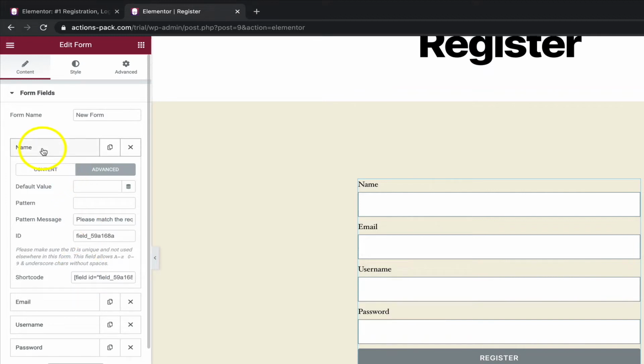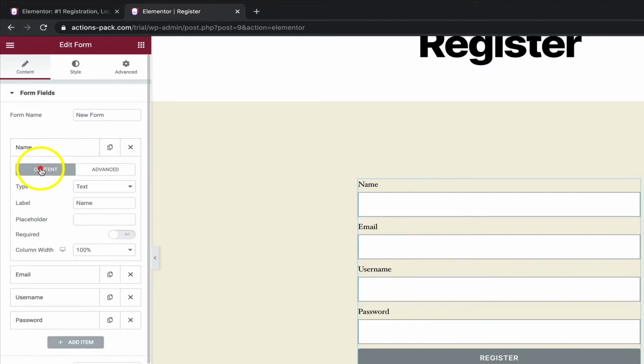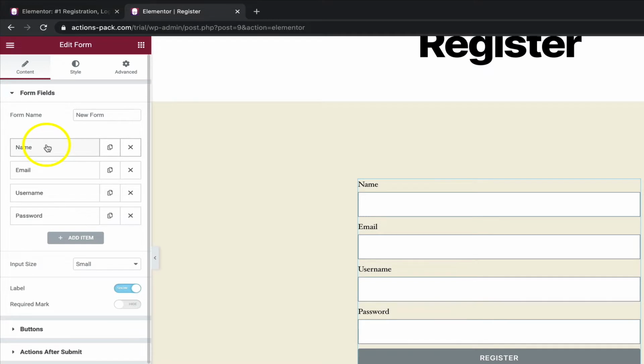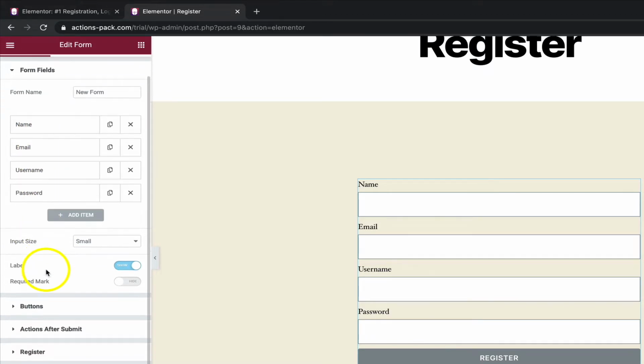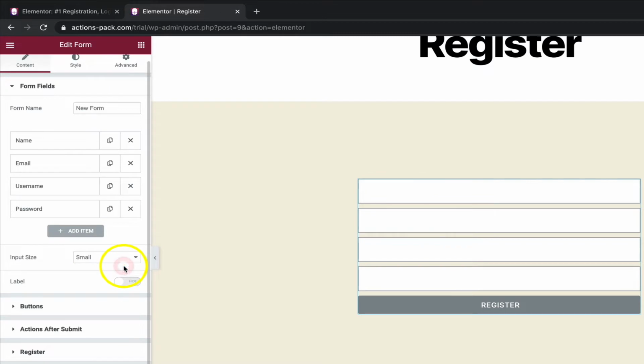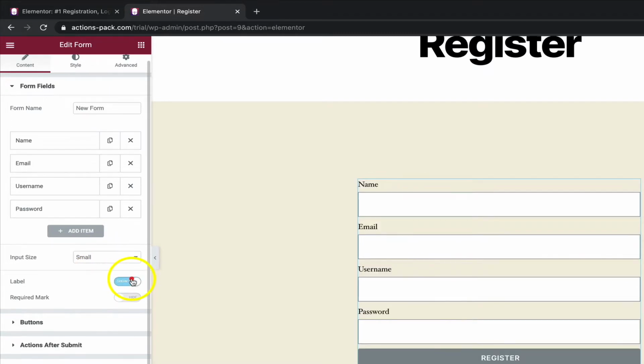So each form field has its own unique characteristics and identity, which is great because that helps us customize our data and map the fields and the registration to the WordPress backend. So we set this up: name, email, username, password. This is just an example to run through. We can turn the labels on or off like so, just to help people if there were forms getting a little bit cluttered. These are all customizable as well, I should add.